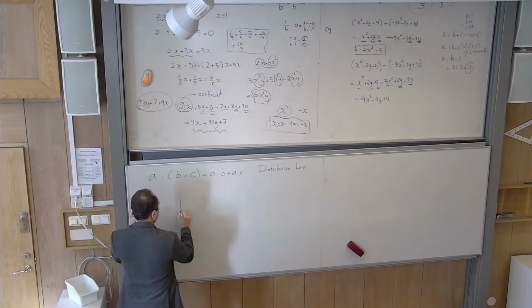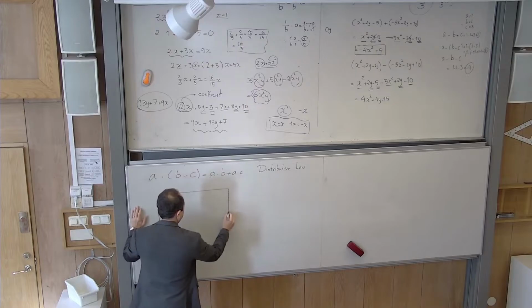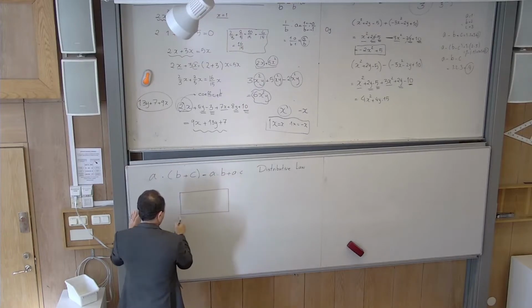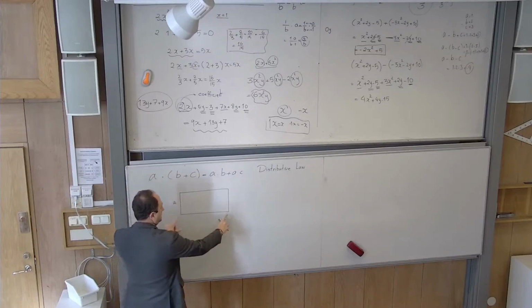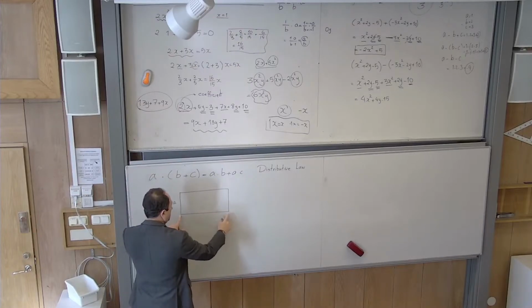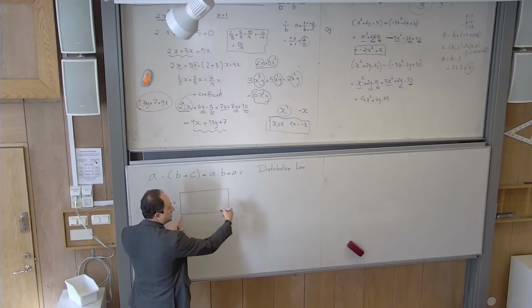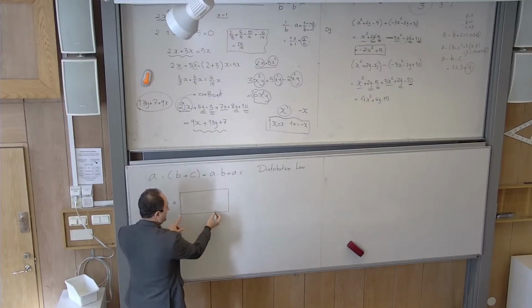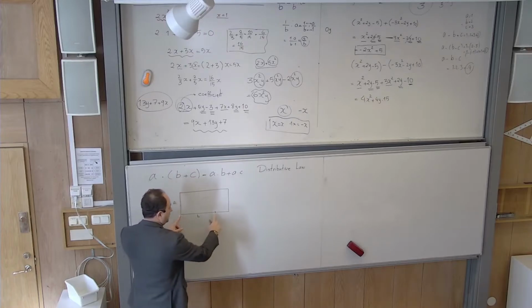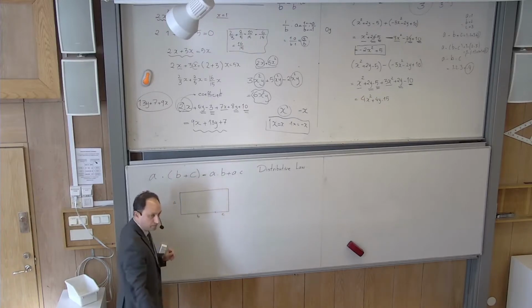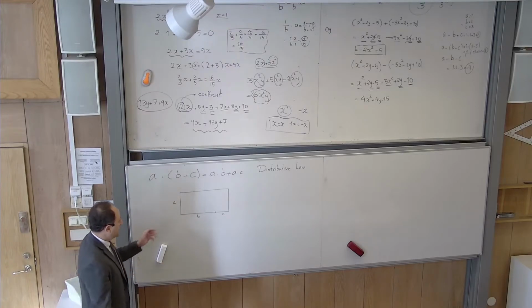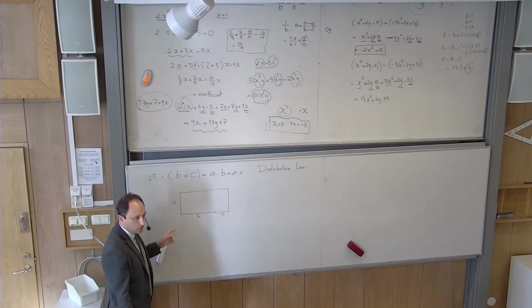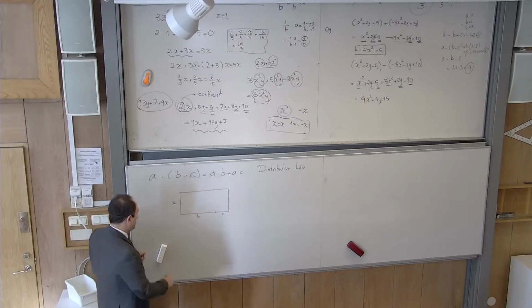Assume that you have a rectangle so that the height is a centimeters and, for example, the length is b plus c centimeters. For example, assume that from here to here is b units and from here to here is c units. Yes? If I ask you to calculate the area of this rectangle, what do you do? So the area